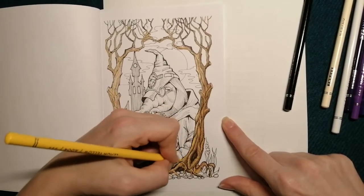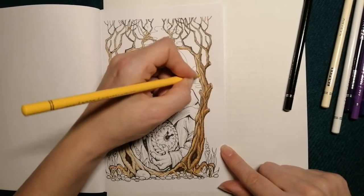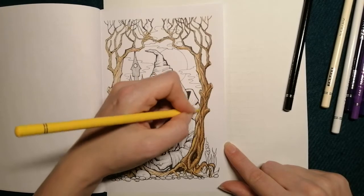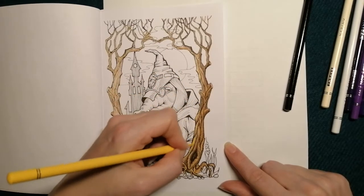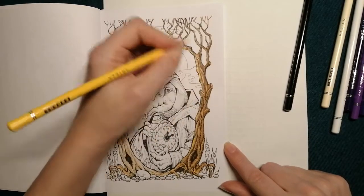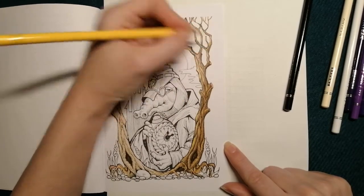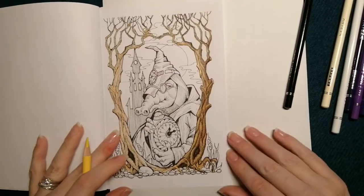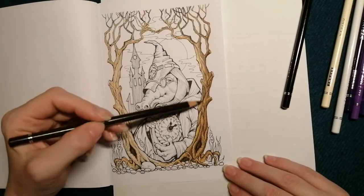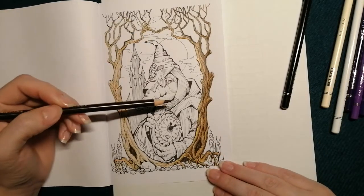Just blending it into that brown a little. Again, because it is night time, it's moonlight, I'm not going to add a lot of highlight. And I'm not making it too pale. And now that I know I like this yellow, just building it up a little bit. And there we have just a nice light edge that once we add a light source in, will start to make a bit more